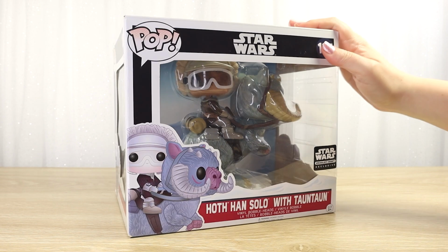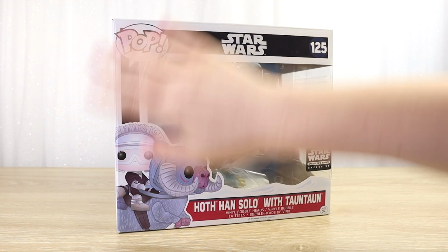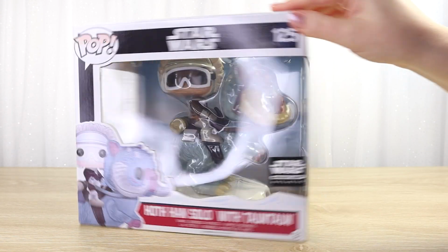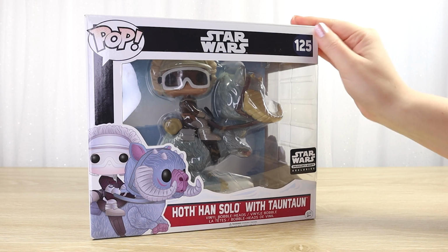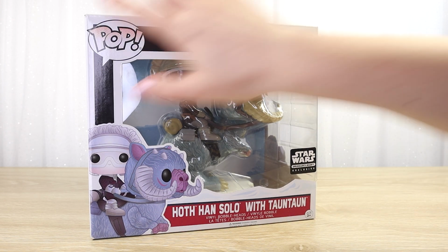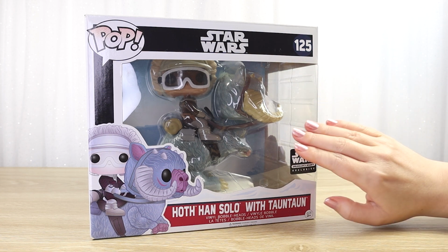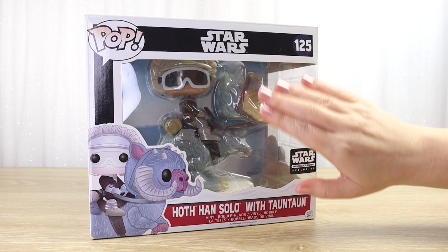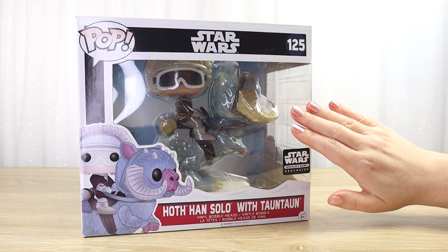So overall, I was pretty impressed with the condition of the box, being a slightly older item, a little bit faded, but the cardboard is all nicely intact, no major damage to the windows there. But generally speaking, especially with my deluxe figures, the boxes do take up a lot of space. So I like to open up my Funko Deluxe figures to display them, and then I put the boxes away in storage. So it's definitely time to get this one out so I can check out all of the cute